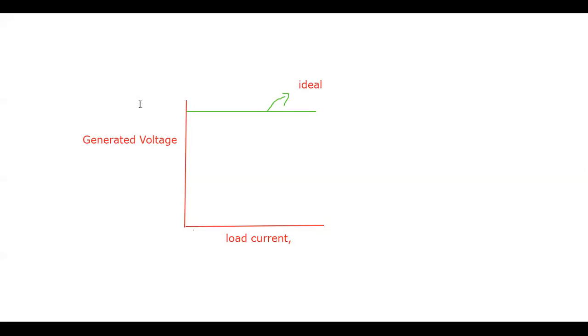Now I want to draw the exact graph for this internal characteristics. If I draw the exact characteristics, I get a graph which is slightly lower than the ideal characteristics. I was thinking about the reason for this, and then I found that the reason is the drooping characteristics. Drooping means reducing to a lesser value. So we say drooping characteristics, and this drooping characteristics is due to armature reaction.